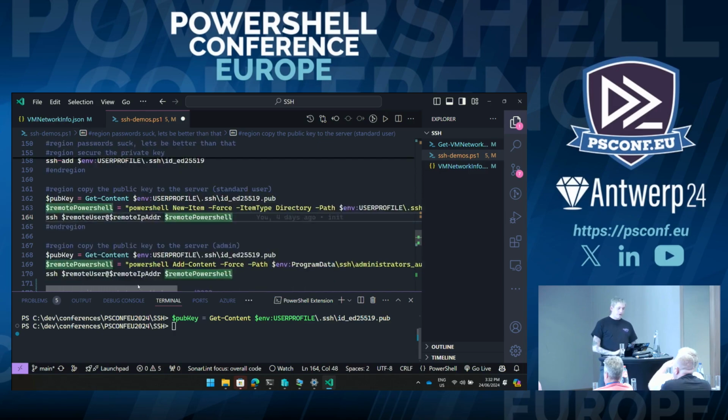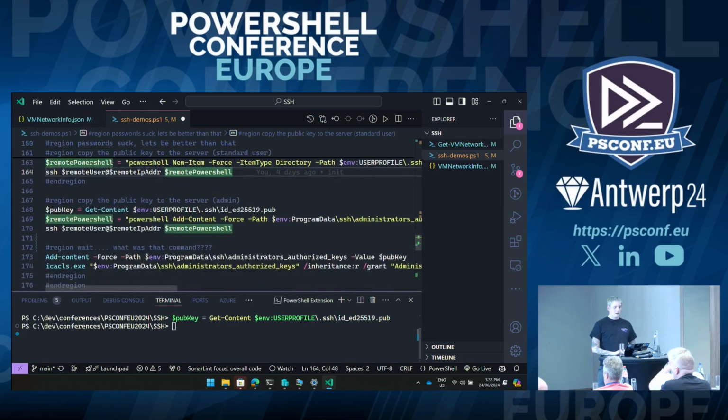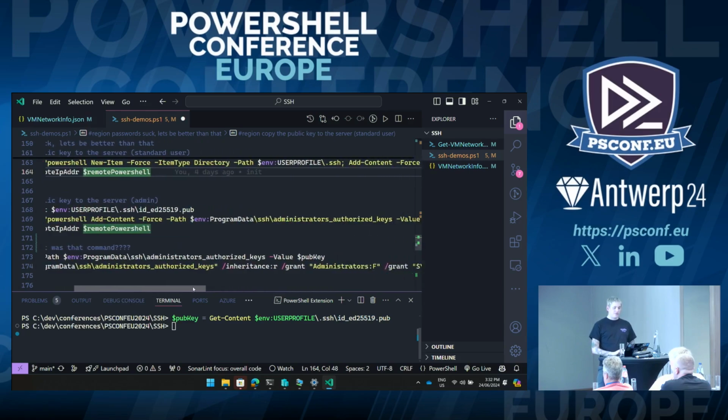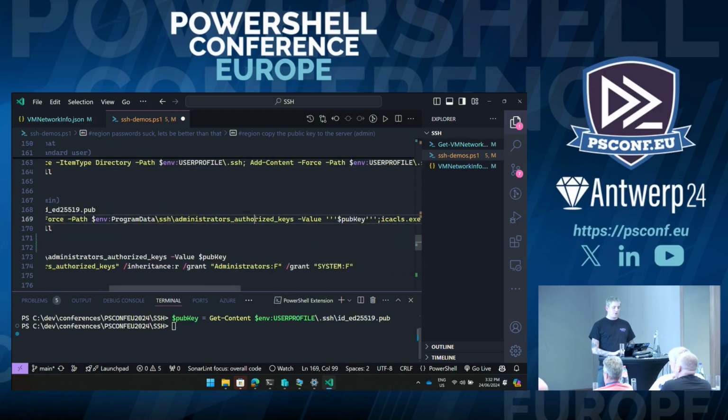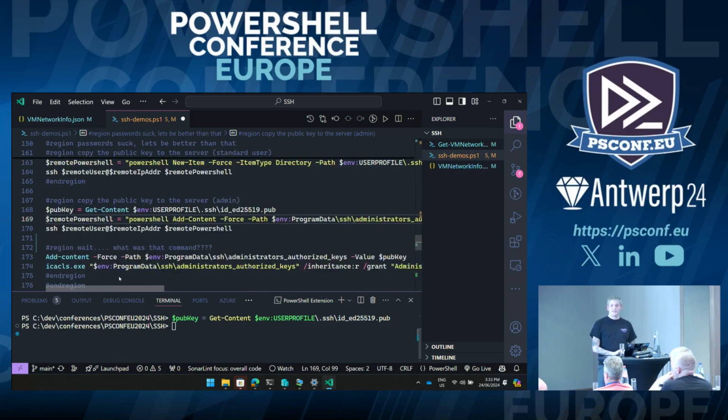If you do, there is a couple of extra steps that you need to do. There's also workarounds for this, but the most common scenario is you simply push this into a different location, which is in ProgramData under this file called administrators_authorized_keys. There's a couple of different permissions you need to set on that file. Essentially, the only things that are allowed to use it are administrators and SYSTEM, and then you can actually get access to what you need to do. So I'm just going to really quickly go ahead and do this.